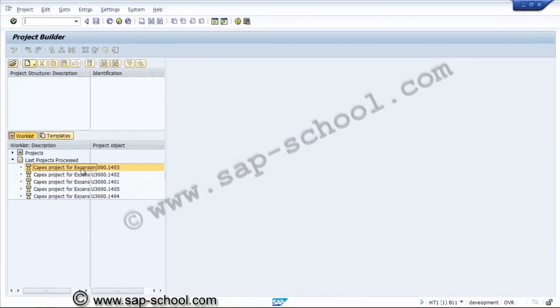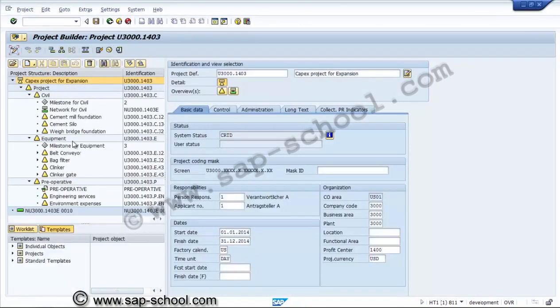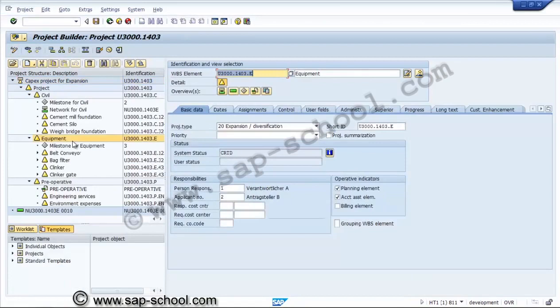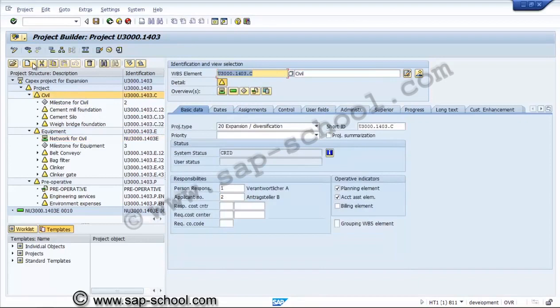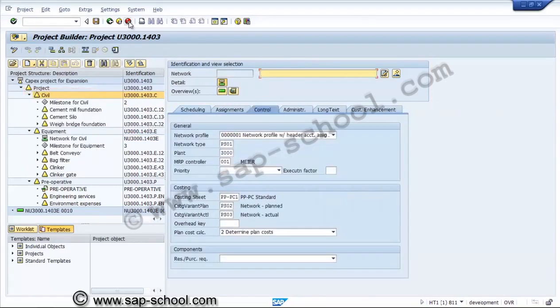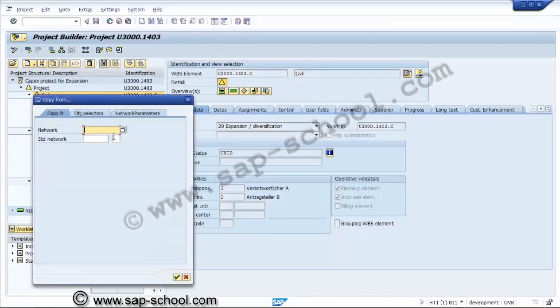Now we'll try to create one more network by copying from another network. We have already created one network. This is for E. Now we will relocate this. Then we'll create one network by copying from the other network. This is for the direct creation and copy network.